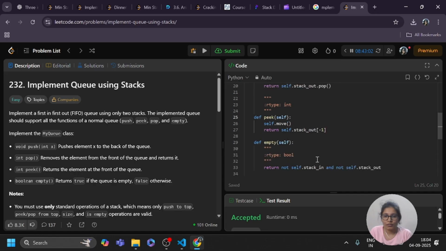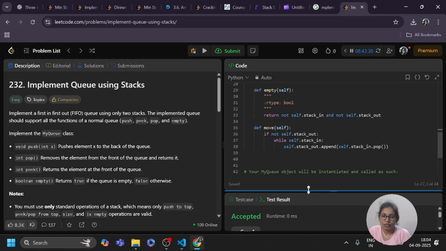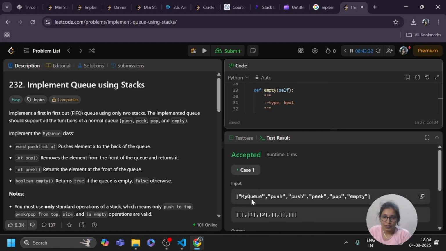So this is our result. I don't know how I removed the function from here, it was my fault. So we are going to define the peek function again: self.move and return self.stack_out[-1]. Now our overall test has been passed.